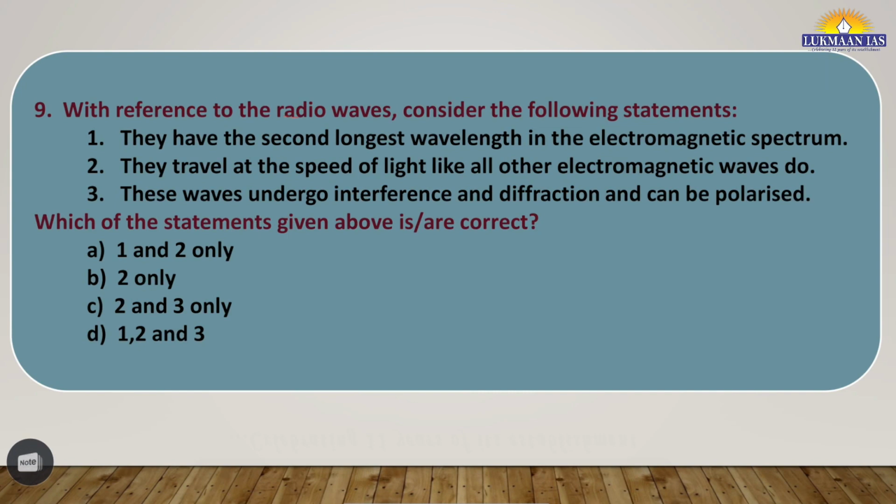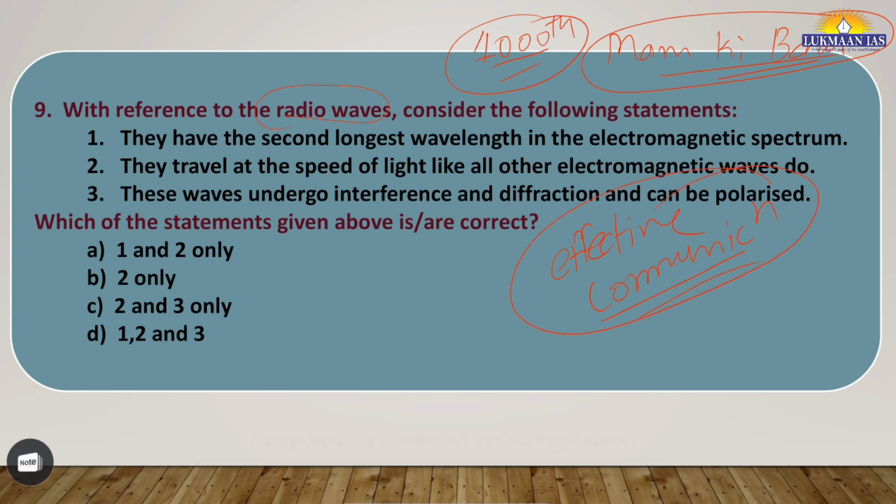Okay, so radio waves. Recently the Prime Minister of India's 100th session of Mann Ki Baat was concluded, and this is one of the most effective communication methodologies used by any leader in the world to reach the maximum number of people or citizens in the country. So radio is a very important communication channel in countries like India. So the question is framed on radio waves, how they work, and their properties.